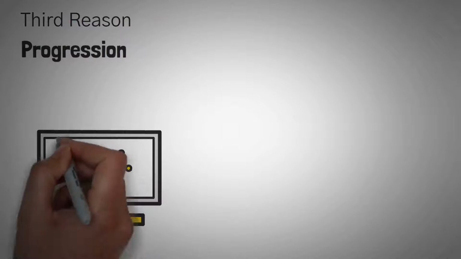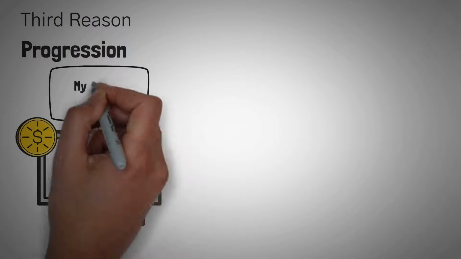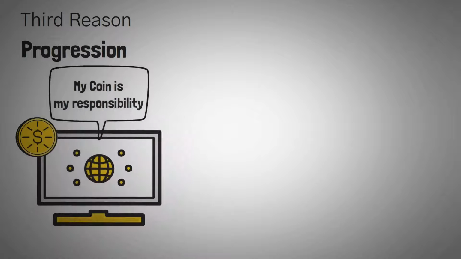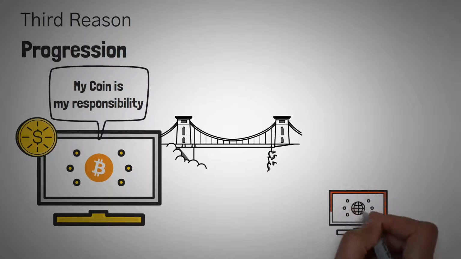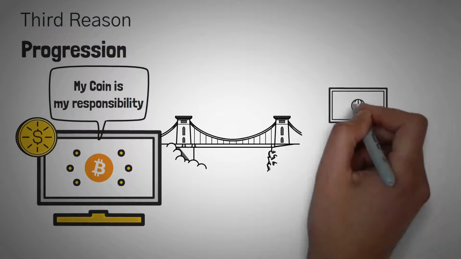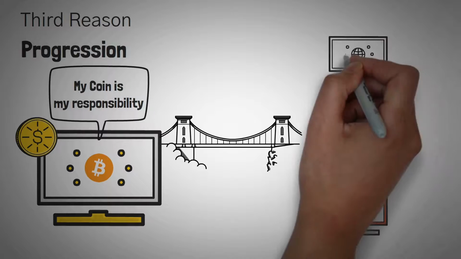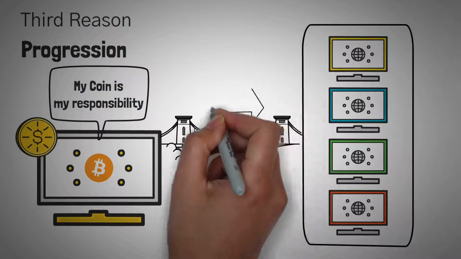And lastly, we need bridges for progression. In the current state, the responsibility is on each of the different blockchains to innovate, solve security issues, and be able to scale. For example, what Bitcoin brings to the table, Ethereum cannot really use to make better. Now, this is where bridging will come in. In turn, it will turn cryptocurrencies into more of a team sport, working all together to make crypto an all-around solution to the problems it is trying to solve.